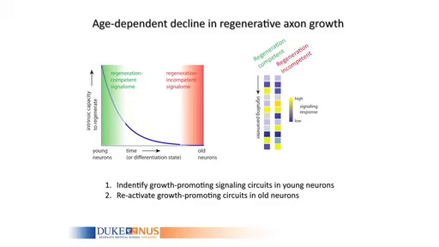Those very same neurons, when young, have a remarkable ability to grow an axon early on during development. And it's actually not known why a neuron loses its ability to grow an axon as it ages. So our approach to this problem is to try to identify a signaling network or signaling circuits that promote axon growth early on during development. And the long-term goal of this project is to reactivate these circuits in old neurons to promote regeneration after